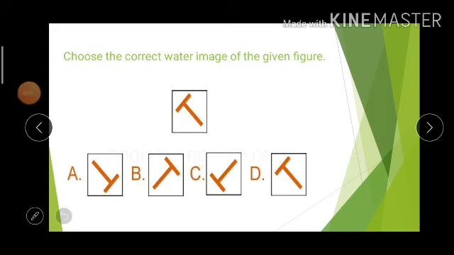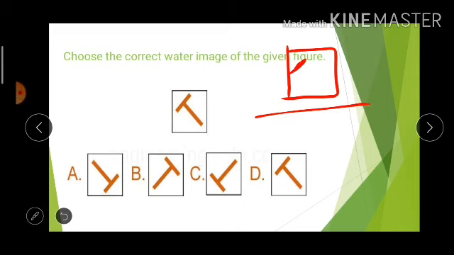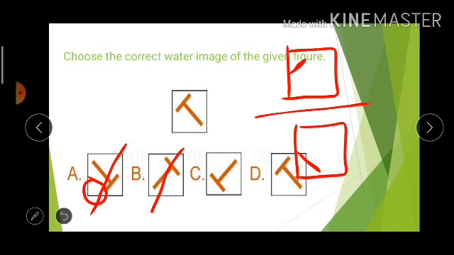Now in this image as you can see in the box there is a line inclined at the top left corner of the original image. In the mirror image we will need a line inclined at the bottom left. The left side will not change. The figure at the top will go at the bottom. In the options the line is not in the left corner. This is eliminated. The line is at the top. This is eliminated. Here the line is at the bottom left. In option D the line is at the top. Therefore the answer is option C.